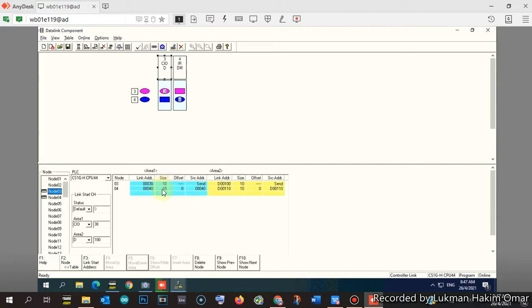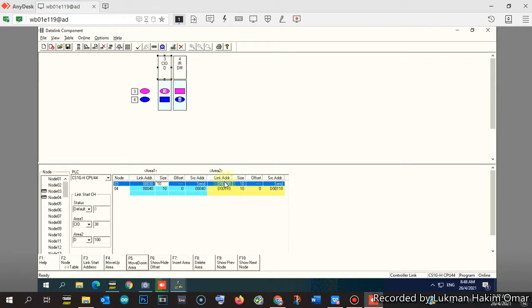And this one, 40, is to receive. The one above is send, the one below is receive, to receive the bits from the slave PLC. So it has reserved 40 up to 49.15. The size is still 10, but this one you can change. You can make it 20. If you make it 20 here, then this one you have to change; you can't use 40, you have to use 50. So size plays a role: it is the size in words, and then you translate it to bits.